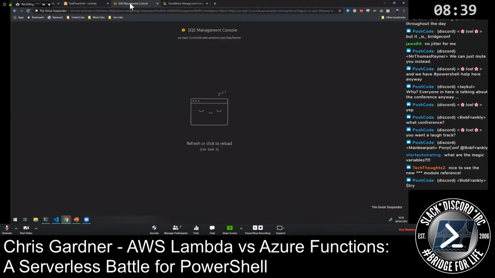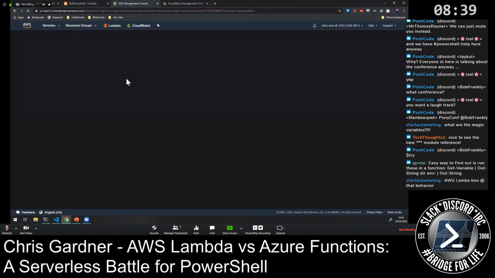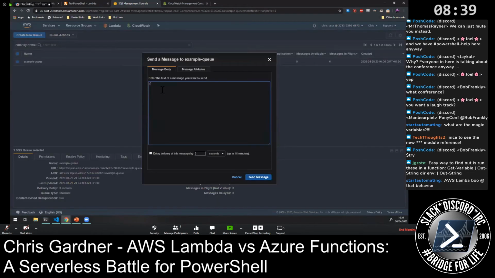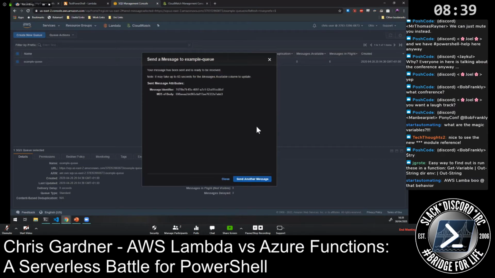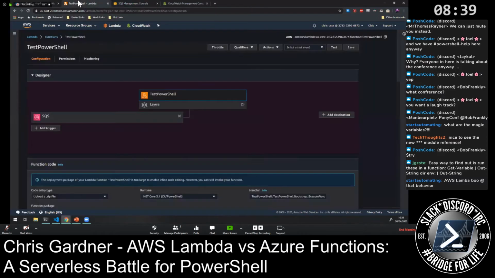So if we go to SQS, I have this lovely queue here, so I can send a message there, send the message, close that. It's picked it up almost instantly because it's watching that queue.